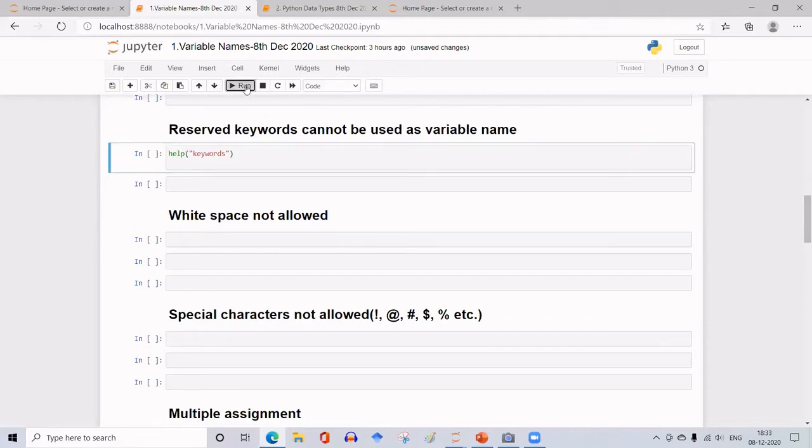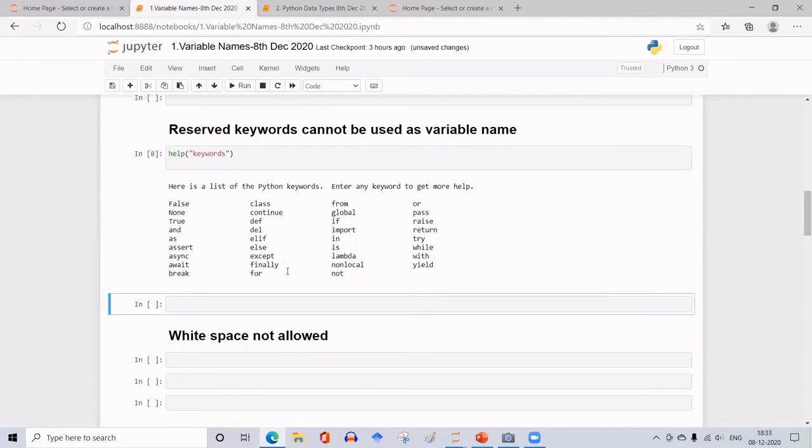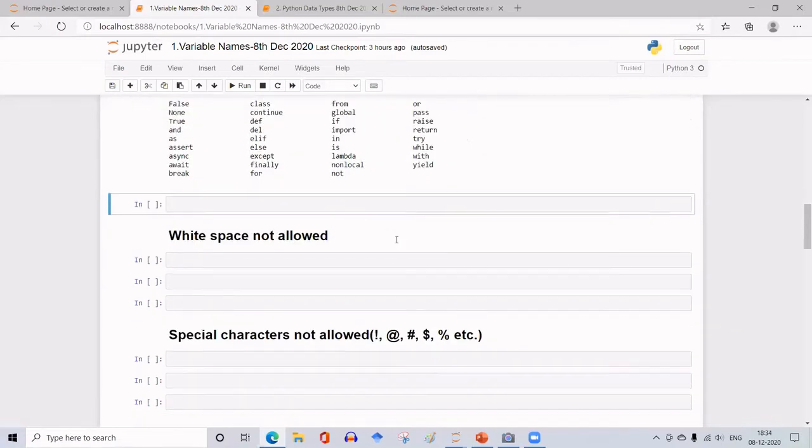You will get a list of keywords which are used for a particular purpose. For example, True and False are the result of some logical operations, whether the previous operation has resulted in true or false, and 'and' is a logical operation. And similarly, class, continue, all these, you should avoid using these words as variable names. Okay, so these are called reserved keywords.